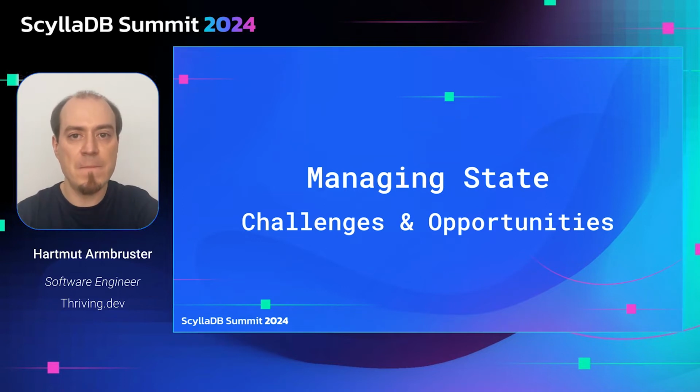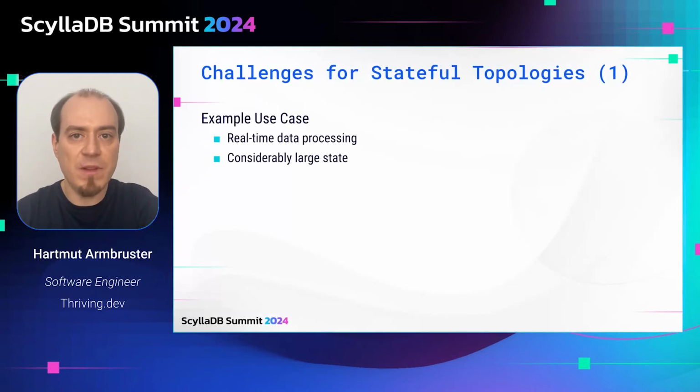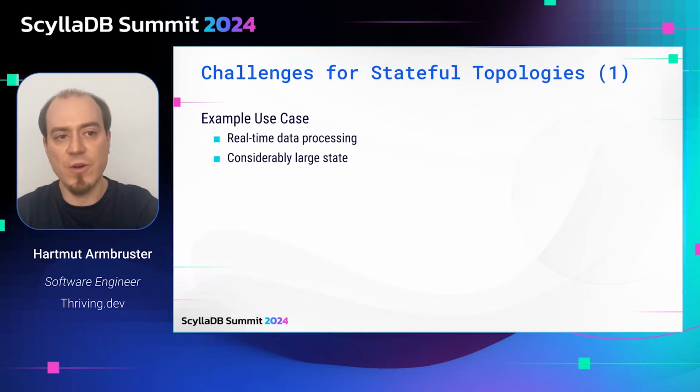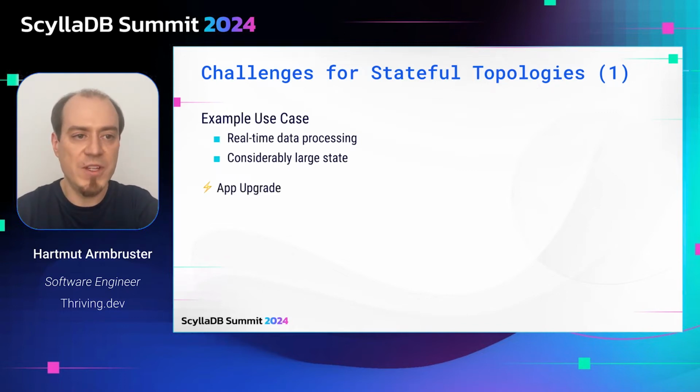The first example use case is simply real-time data processing with a considerably large state. This could be anything like a food delivery backend, transport, or banking application. Now, in modern day software engineering, there's no ship once, keep on running. Obviously, once you go into production, you will continue working on your application and you will need to deploy upgrades